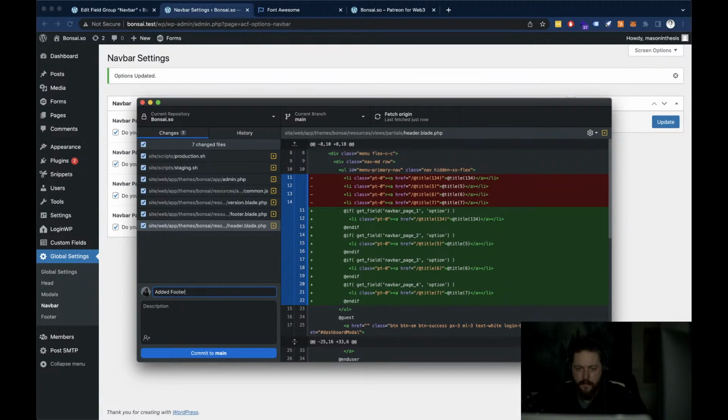Added footer, ACF fields, and Nav Bar footer page